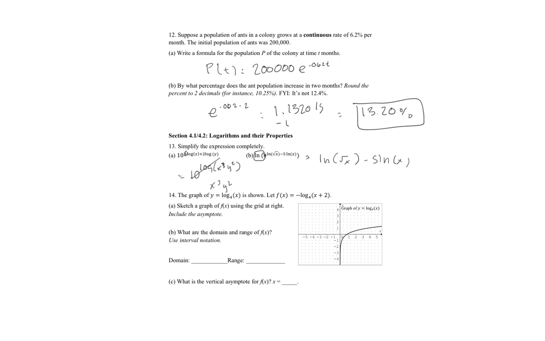So that square root of x can be rewritten as x to the 1/2, right? And then we can bring that 5 inside. And so that's going to be natural log of x to the 5th. And so then we'll have natural log of x to the 1/2 minus natural log of x to the 5th. And whenever you subtract the logs, that means you can divide them by each other, right? So that's going to turn into natural log of x to the 1/2 over x to the 5th,